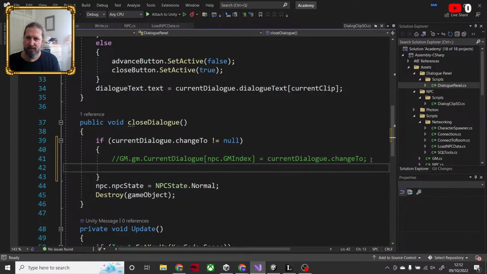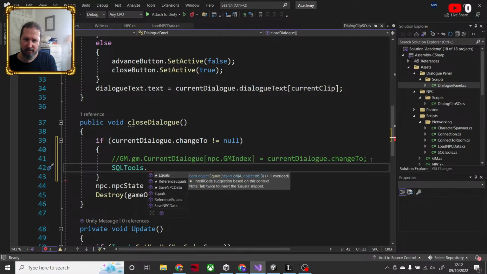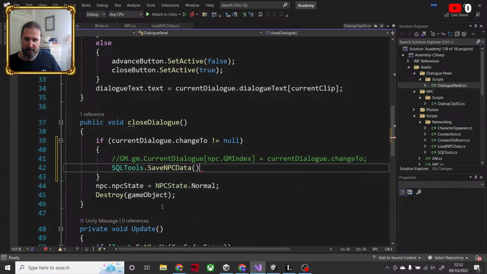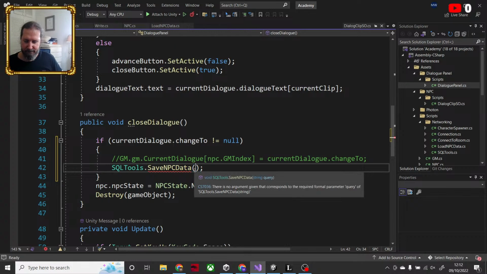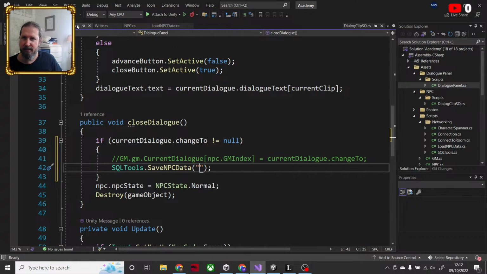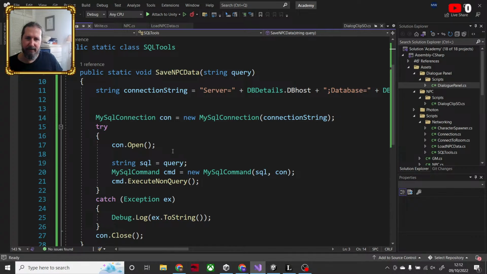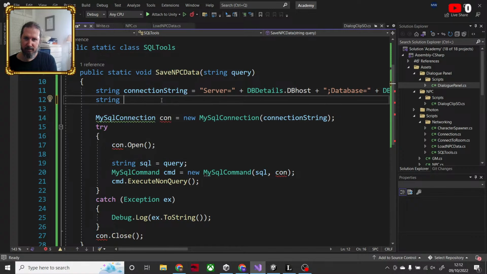But now I want to find my SQL tools dot, what is save NPC data. Okay.